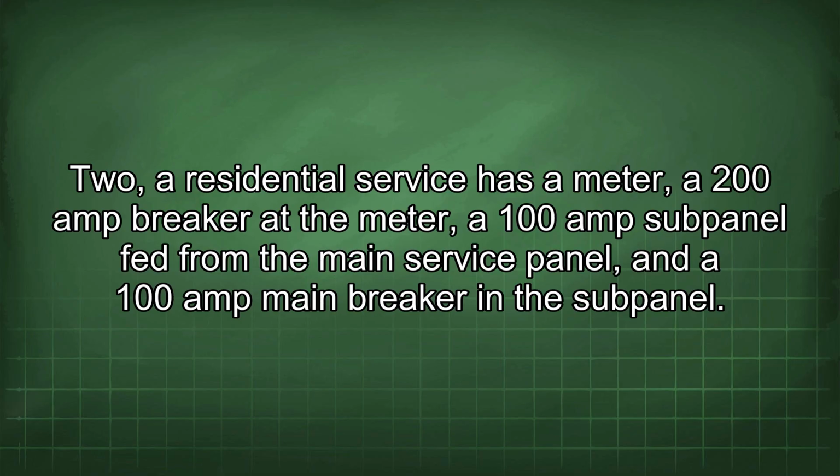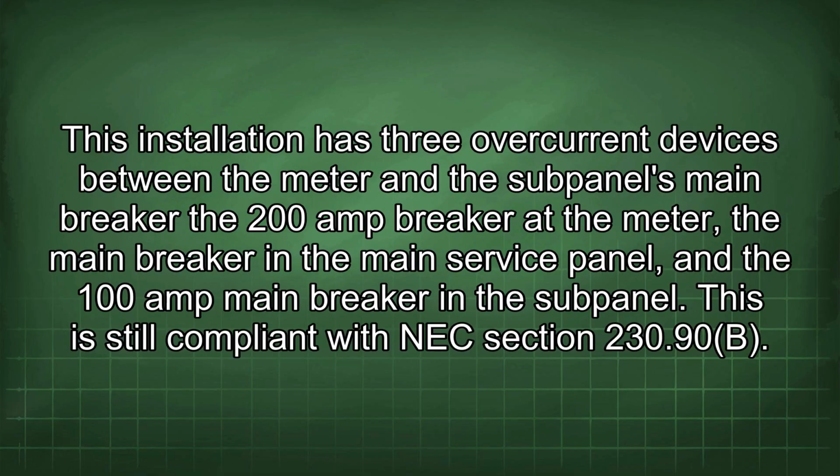2. A residential service has a meter, a 200 amp breaker at the meter, a 100 amp subpanel fed from the main service panel, and a 100 amp main breaker in the subpanel. This installation has three overcurrent devices between the meter and the subpanel's main breaker: the 200 amp breaker at the meter, the main breaker in the main service panel, and the 100 amp main breaker in the subpanel. This is still compliant with NEC section